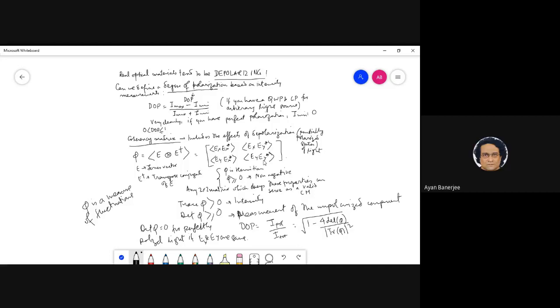Yeah, no, but because it is Ex Ey star, now let's see, think of this. Suppose this is e to the i delta, then this is e to the minus i delta, right? That is exactly a fixed phase. So then when you multiply, it will cancel off, right? You understand what I'm saying? If this is e to the i delta, this will be e to the minus i delta, because I can always take the phase to be delta, whatever delta you have. So then I will have this as e to the i delta. So this is correct. So for any kind of perfectly polarized light, it has to be zero. Okay. That is very clear.